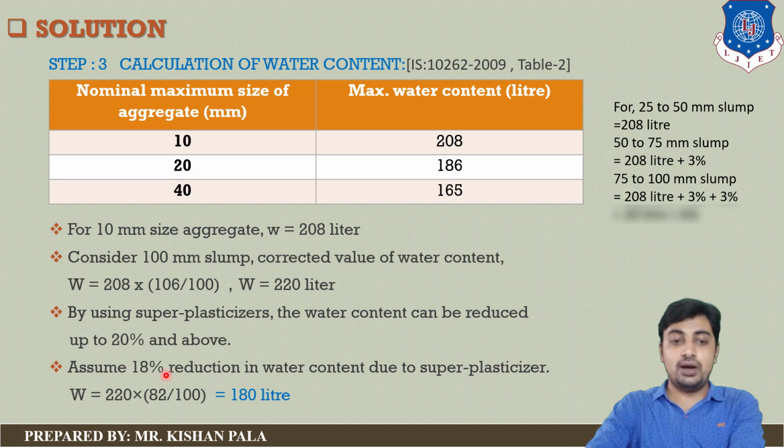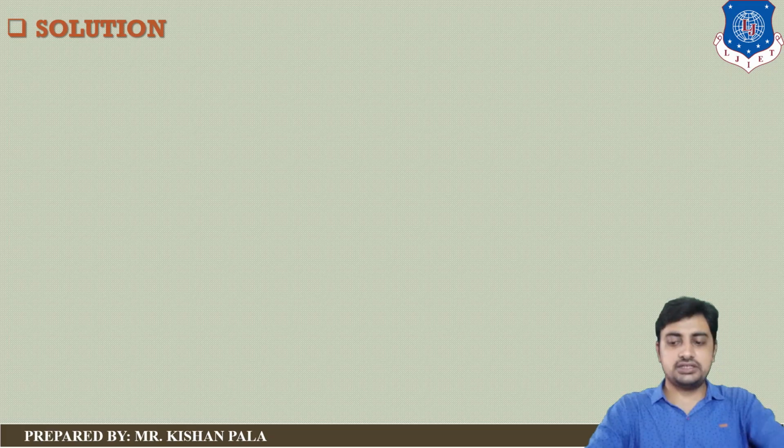In simple terms, you are calculating 82 percent of this value. It means 220 multiplied by 82 divided by 100. It means your final value will be 180 liters. So this is all about the calculation of the water content. Next step is